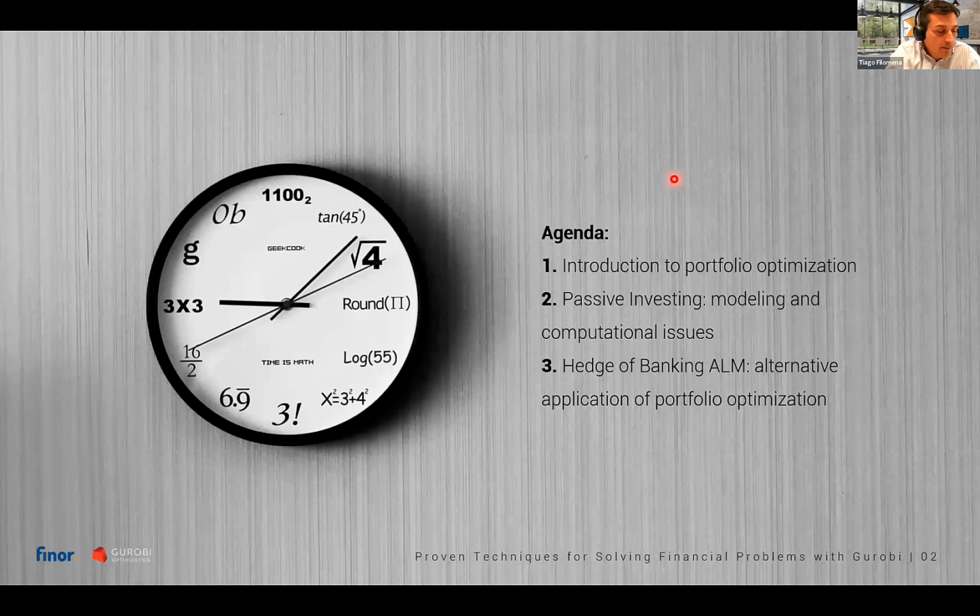Just to give a brief agenda on our presentation, I'm going to start with some introduction on portfolio optimization. Then Perlin is going to give an example on passive investing. The idea is to discuss a little bit more about modeling with Gurobi and computational issues. And then we're going to have Marcelo Teixeira talking about an example that we chose because